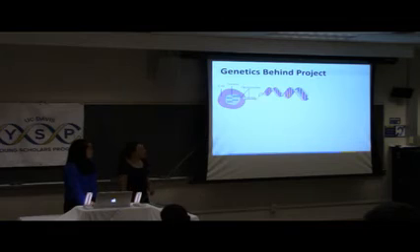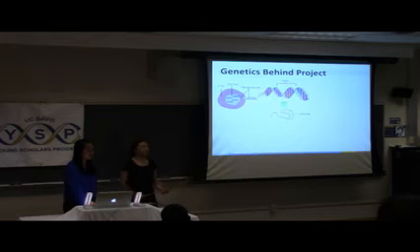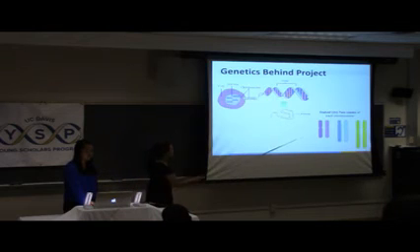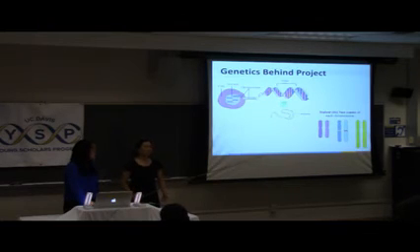So some of the genetics behind my project. I'm looking at the DNA sequences in the LUX gene. A gene is essentially just a region of DNA sequences on the DNA, and that is then expressed to form proteins. Sunflowers are diploid organisms, meaning that they have 2 sets of chromosomes, and thus they have 2 forms of the genes called alleles. And they receive 1 set of chromosomes from their father and 1 set from their mother.